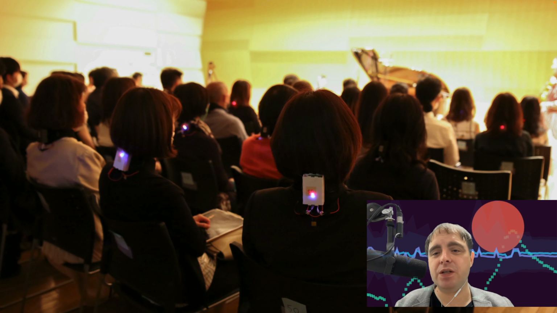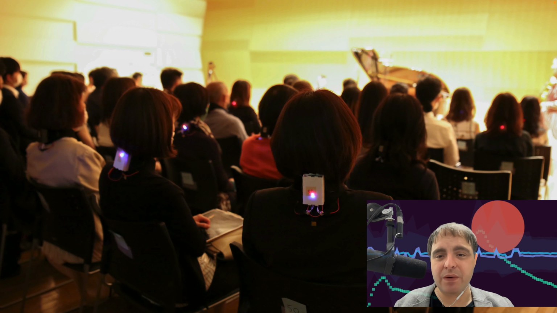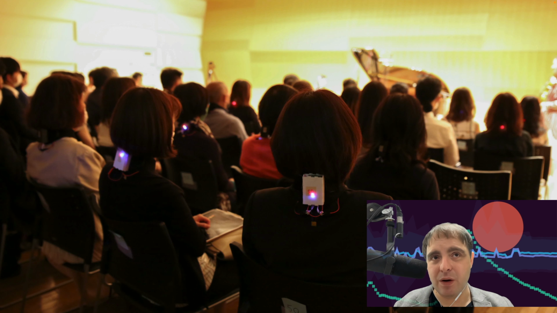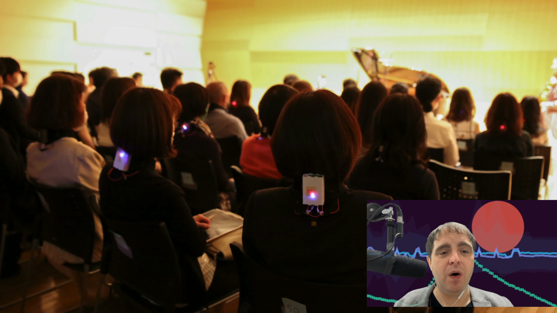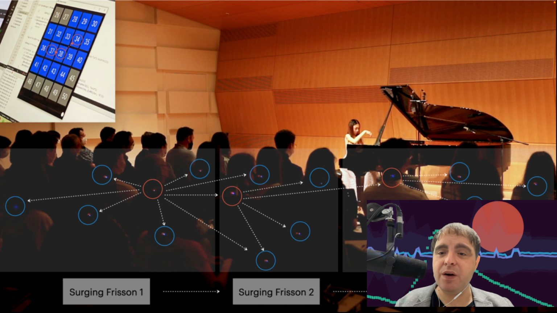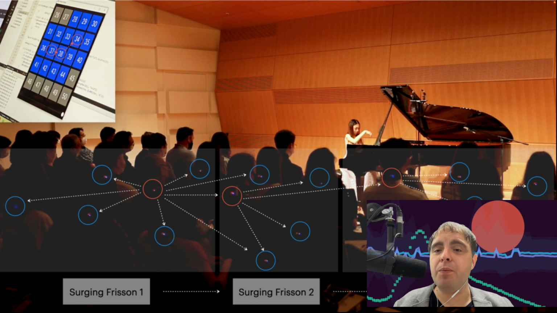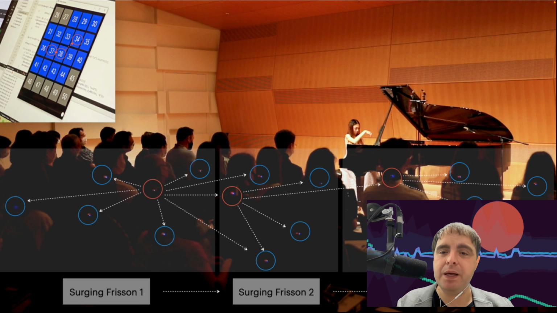Here's some more pictures. We had also some LED feedback, so we could see the triggering of the frisson. We could also see that all of the neckbands were working okay. And then the idea was, you have one person suddenly feeling frisson at a specific point in time, and then we share that with the people around, and then maybe the person next to them also feels it, and that triggers another frisson wave, and so on.